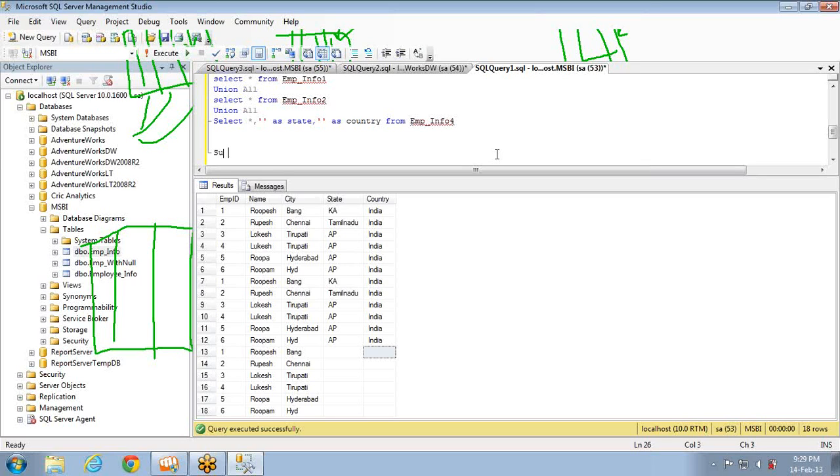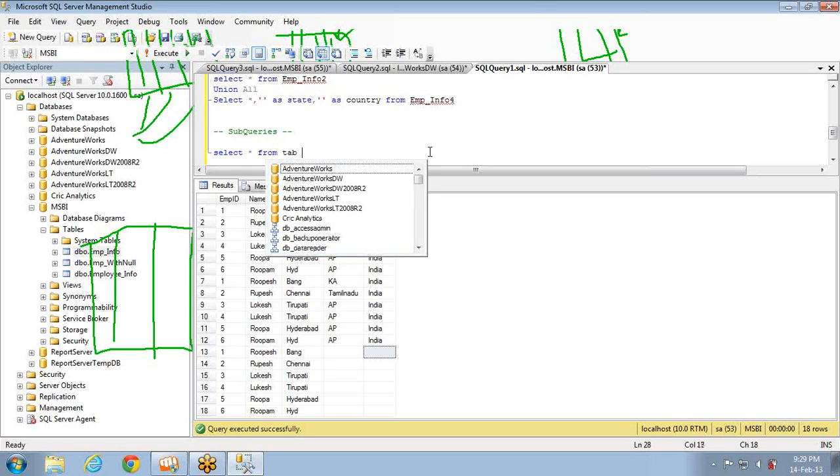Next, we are going to look at some important concepts in SQL Server, that is subqueries. What is meant by subquery? A subquery is nothing but a query inside a query. Generally you will have one select statement, right? If you have one more select statement inside a select statement, then that becomes a subquery, or we can call it nesting of queries. Let's say like this: